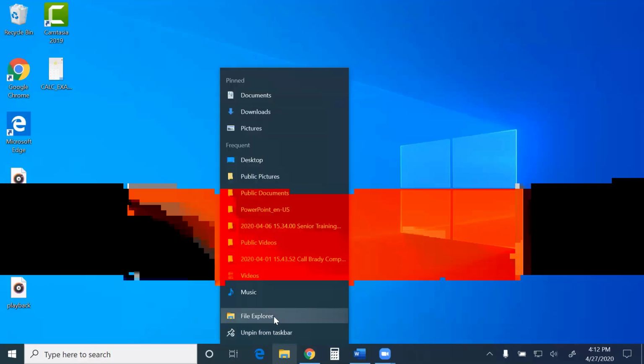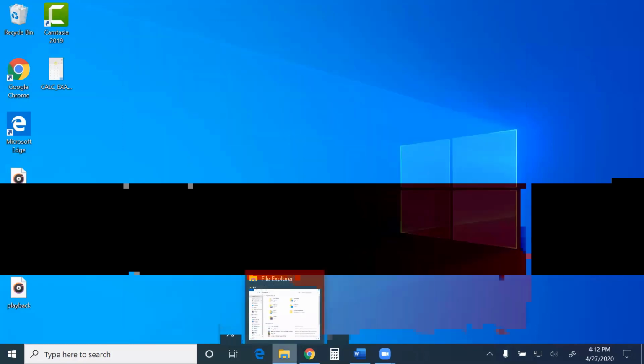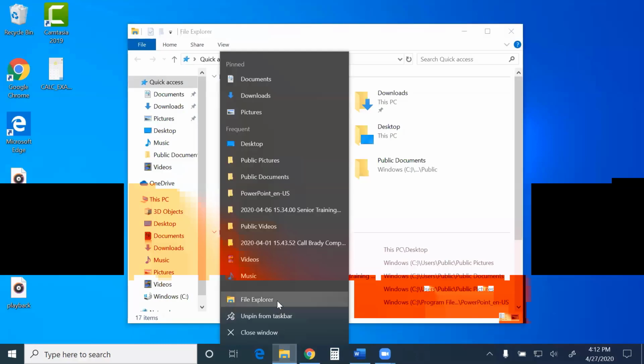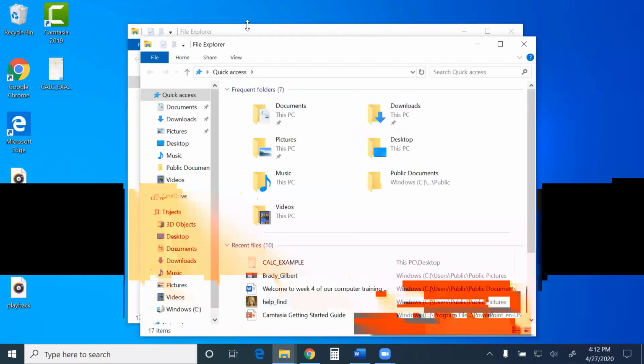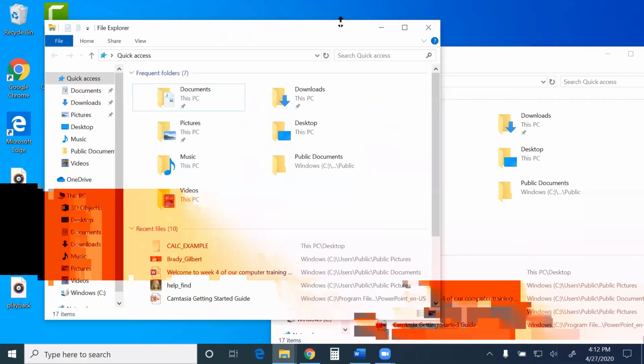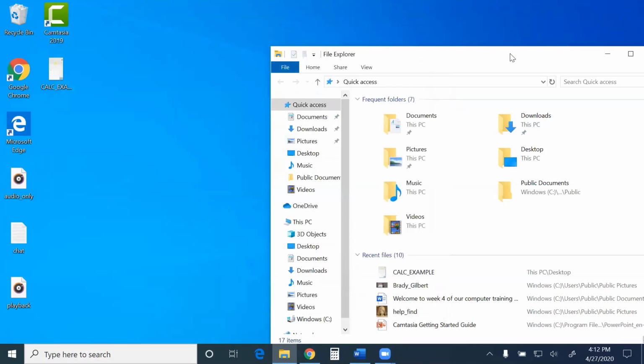There is a reason that that would make sense to do, and that is, if I've already opened File Explorer and I wanted to open up a second window of File Explorer, I can't just click on it again, because then it just minimizes it. So what I would need to do then is right-click on File Explorer, left-click on the File Explorer name, and now I have two different options, two different screens, at which point we'll get into this a little bit later, how you can drag files from one screen to another when you're moving files among directories.